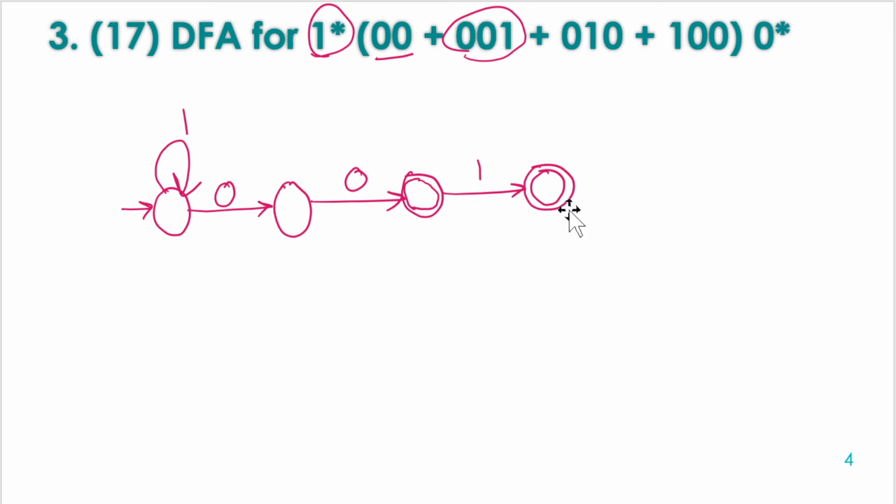Next, we can have a self loop of zeros at the final state, because any number of zeros is acceptable once we have received any of these patterns. And after that, now we need to keep track of this pattern only, 010, because this 100 is already covered under this pattern, 1 star 00. Okay, so this 100 is indirectly covered with the first pattern and this 1 star. You can check all of these possibilities if you have any doubt.